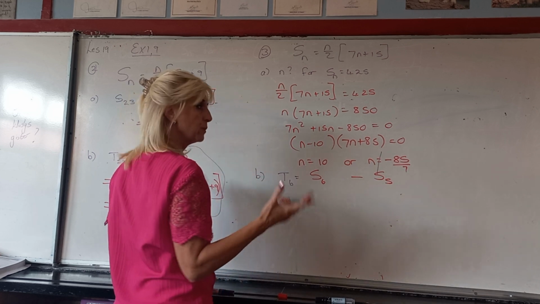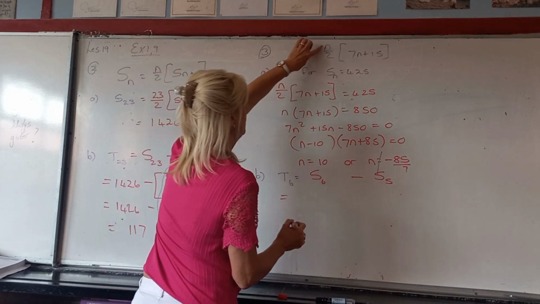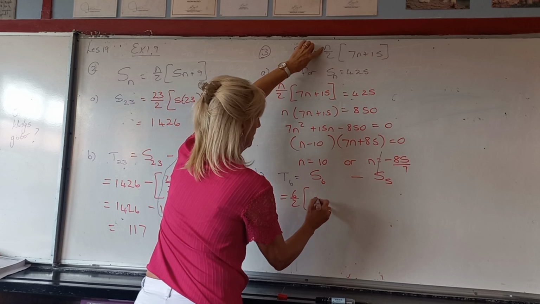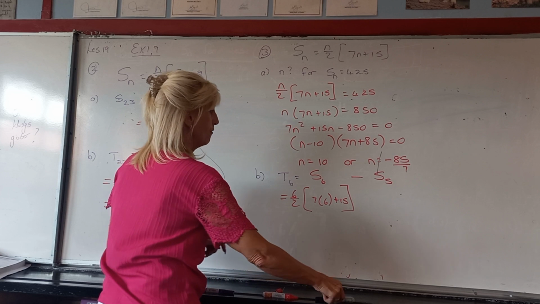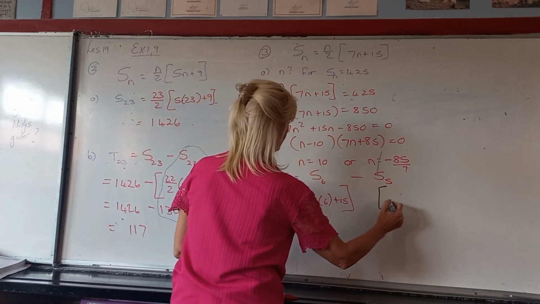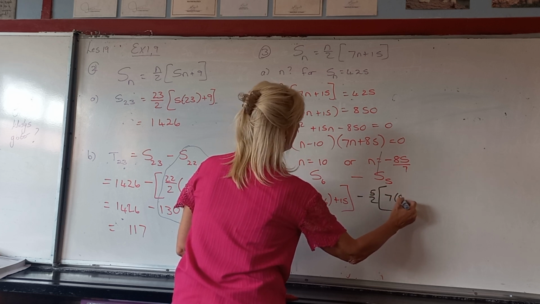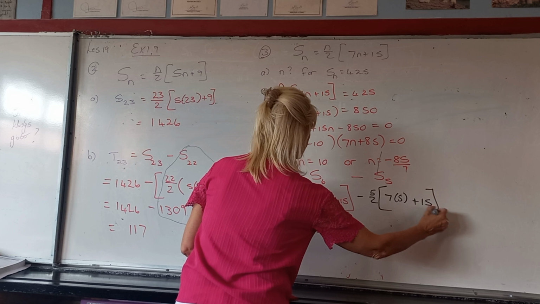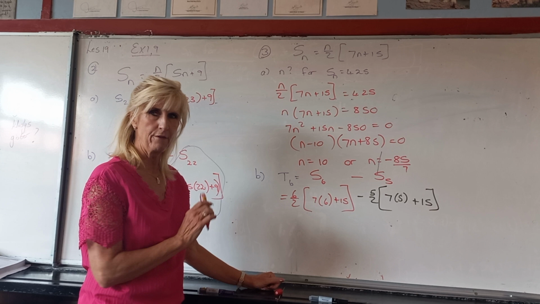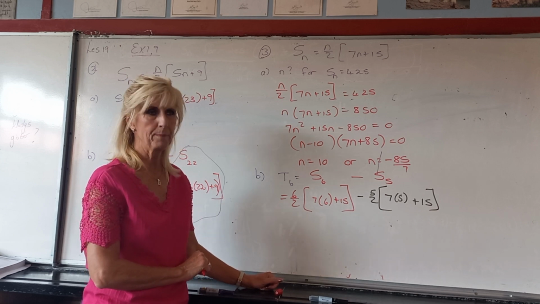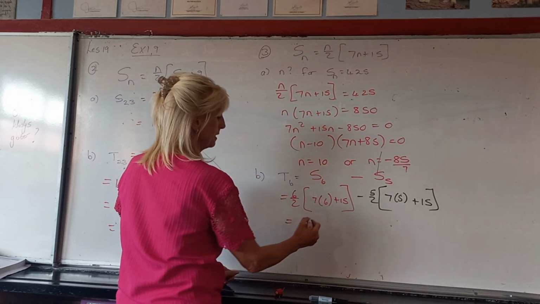Now we haven't worked it out, so we'll have to go and do that, both of them. So for the sum of 6, I go back to the formula and it's going to be 6 over 2, 7 times 6 plus 15, like that. For the sum of 5, I'll say 5 over 2 and 7 times 5 plus 15. And now, I would rather not you just give me the answer. If you just give me the answer, are you correct? Yep, if it's right, it's right. But maybe rather give me the red answer and give me the black answer. First,